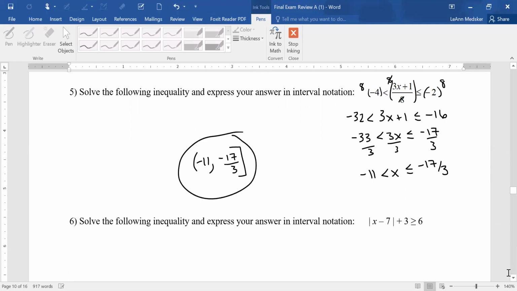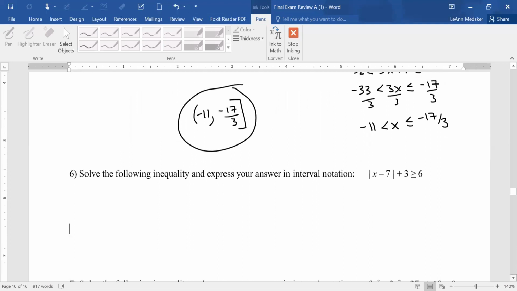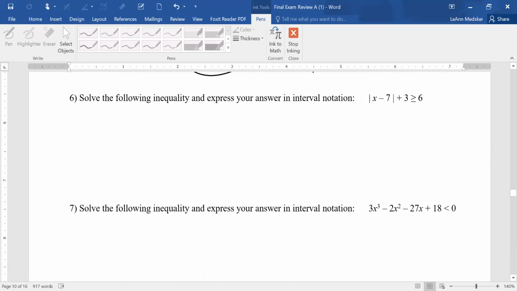Now for number 6, it says solve the following inequality and express your answer in interval notation. Okay, again, anytime there's absolute values or radicals involved, we usually try to isolate that piece first. So I'm going to subtract that 3 over. Now with absolute values, they're always positive, so being greater than or equal to 3, we have to think about